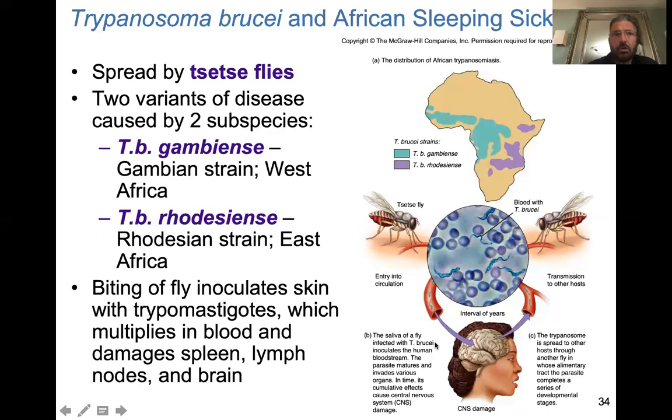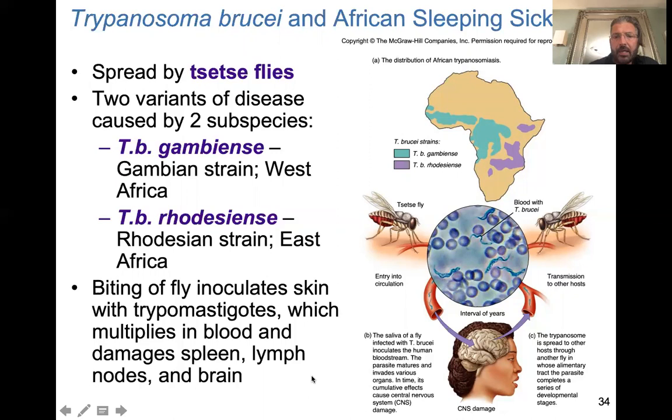So if they ask you, Trypanosoma brucei or African sleeping sickness is spread by, they'll say Anopheles mosquito, they could say shovelet bug or something. The answer is going to be tsetse fly. That's what they're looking for. So there's two strains. It really depends on the region. All right, Gambiense or Rhodesian, like a Rhodesian redback. So it just depends on which side of the continent you're on, the west side or east side.